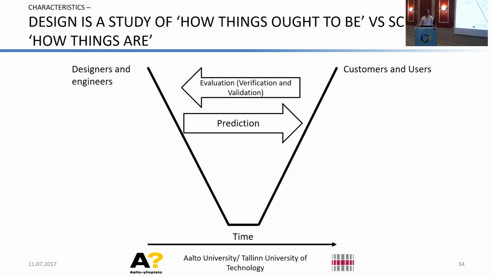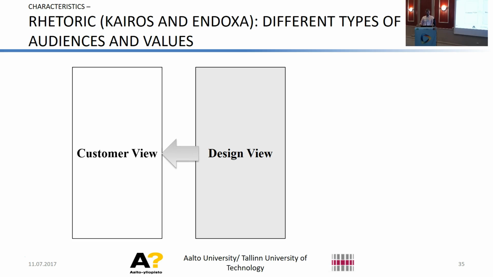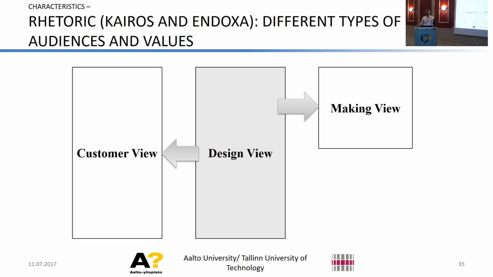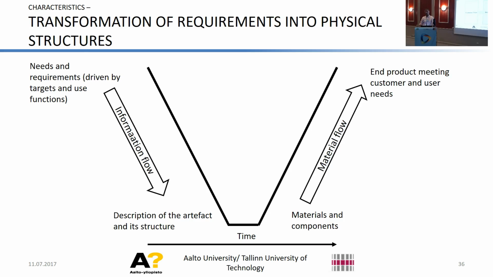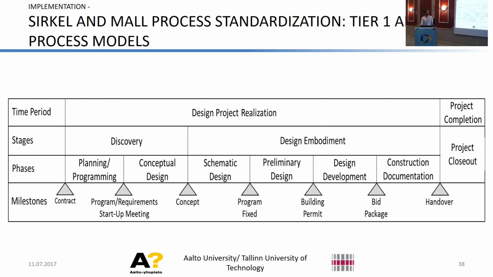This I already discussed, so it's just that design is to some extent about predictions. You're trying to understand how we can make things in the future, while science is studying the existing. Design is about aligning different views. This is what makes it complex: the customer's and the user's perspective, but also the perspective of the producer making, but also operations and maintenance, and that's what makes it complex. And what flows in design or analysis is information, and in the synthesis is material. And this is not new for the lean community. We know that. And here are just some instantiations.